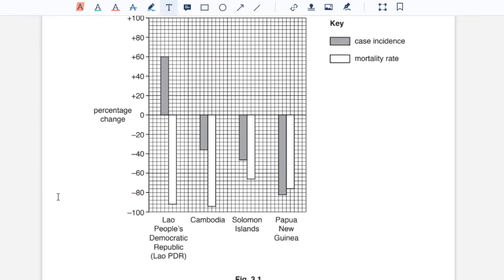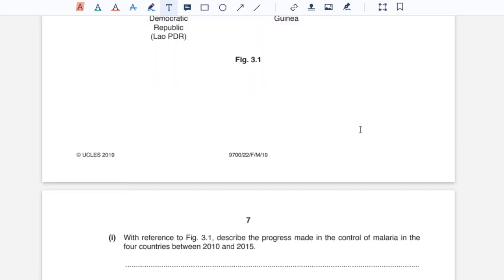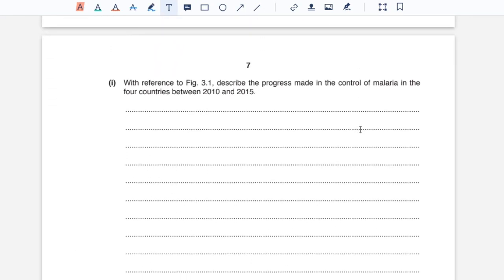Alright, so here's the graph of figure 3.1, and changes on the positive side of the scale show an increase in number of cases. So that would be this bar over here, which is shaded gray, and the rest of the cases, as they are on the negative side of the scale, would show a decrease in both case incidence and mortality rate. With reference to figure 3.1, describe the progress made in the control of malaria in 4 countries between